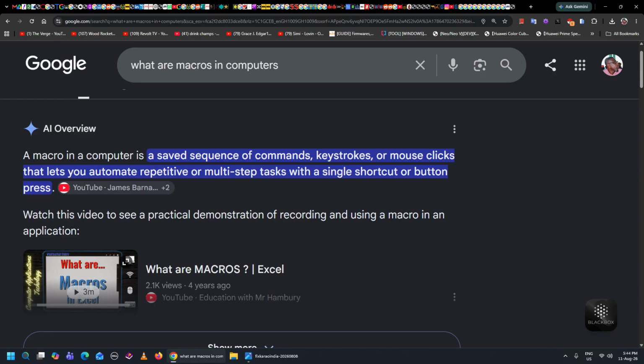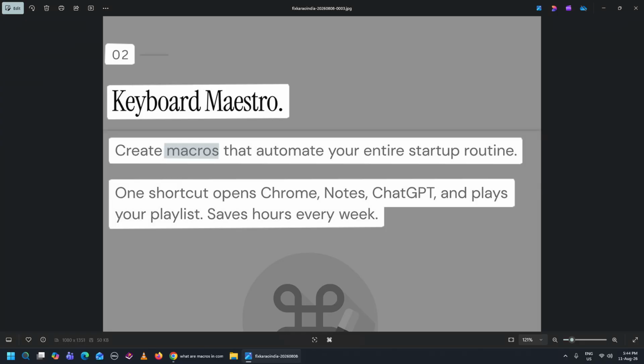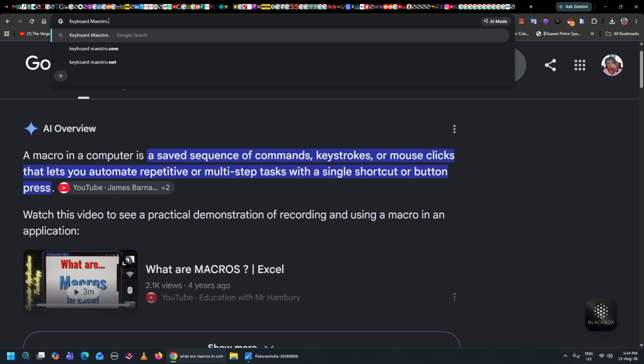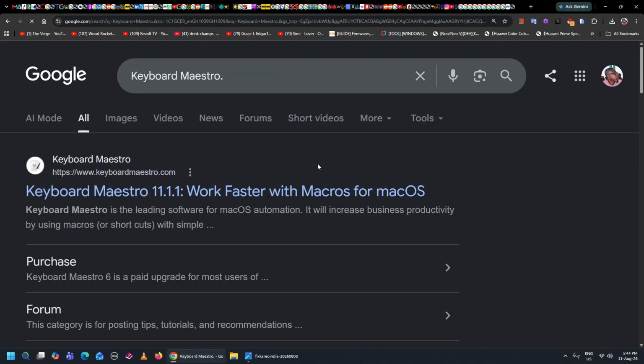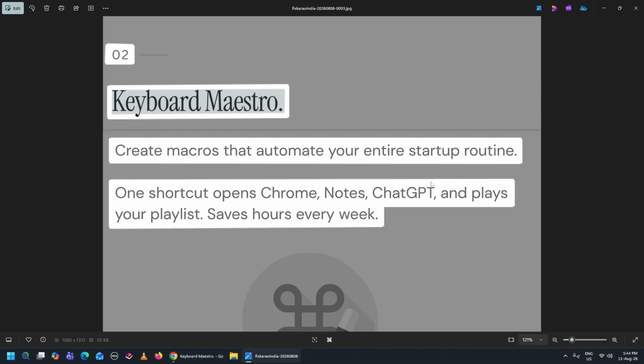Well, that's really, really cool. So it's literally just like what it said: one shortcut opens Chrome, Notes, ChatGPT, and plays your favorite playlist. Okay, so Keyboard Maestro, let's check it out. Keyboard Maestro: work faster with macros for macOS. Oh, okay. That's cool.